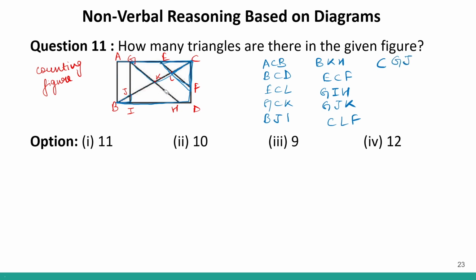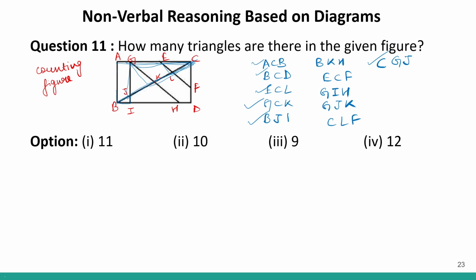CGJ. Now let me repeat. So I can see this one, these big ones. This is ACB and BCD, correct? Then I saw this one, ECL. Then I saw EJK, correct? Or GCK, you can give them any name. Then I saw this one, CJG. Then over here, if you look at this one, I saw BIJ